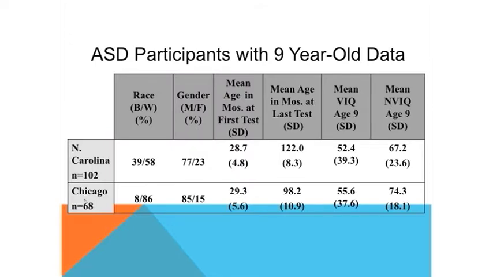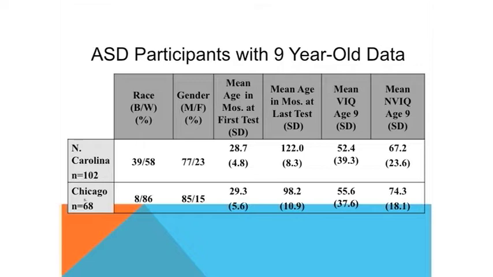And I'm just showing you the 9-year-old data because it's sort of right in the middle of the study. But you can see these are just the kids who at some point or other had an ASD diagnosis. And you can see that by 9, we had 170 kids left in the sample out of about 200. We have a minority, but quite a significant sample of African American kids. We have mostly boys, which is not surprising. The average time we met these kids was 28 and 29 months of age. The 9 you'll see is an average of actually them being 10 and actually 8.5.